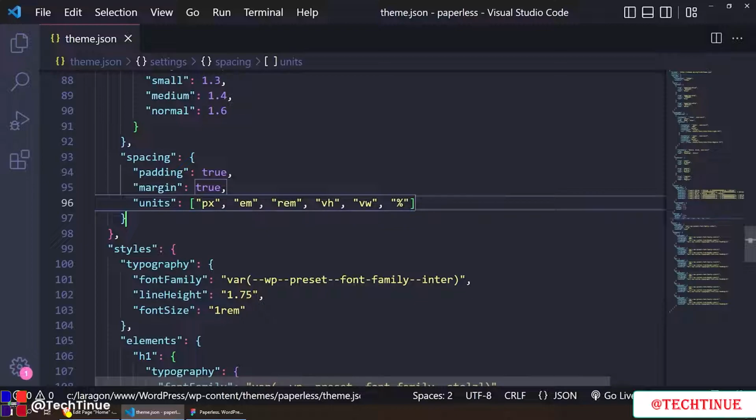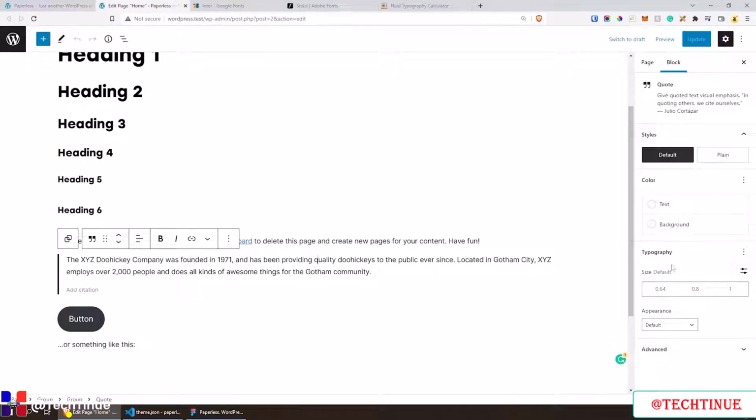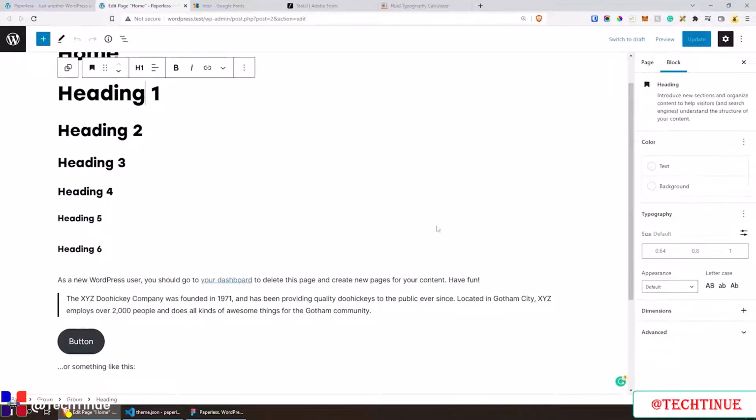If I was to save this, go back to the page, refresh. All right, now if I was to click on any of the elements here, you might not be able to see it yet, and this is because not all elements can have paddings and margins. I think the headings, if we click on them, you can go to dimensions here, and you can actually change